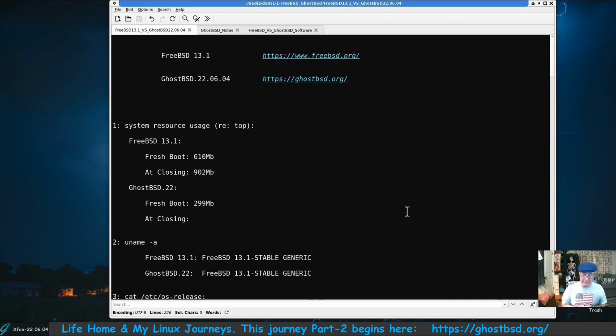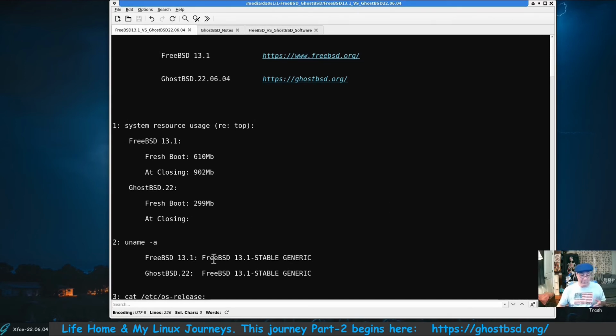I'm going to tell you, I like FreeBSD. I've been running FreeBSD now for a little over a year, and I really enjoy it. And I know it's a hassle sometimes to get some stuff going in FreeBSD, but I've really enjoyed the journey. I still have a whole machine dedicated to FreeBSD 13. All my previous videos on FreeBSD, or any BSD, I've done on that computer. So I like it. But I'm going to tell you, since this latest upgrade of